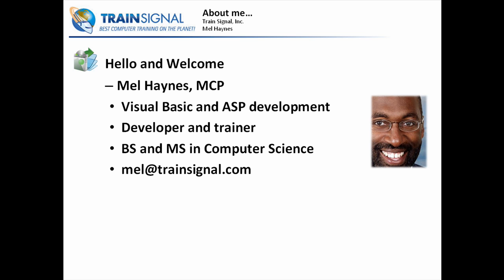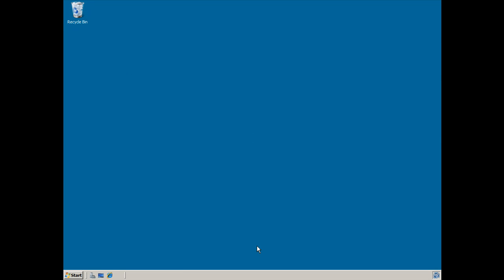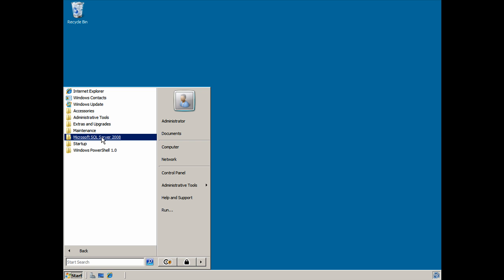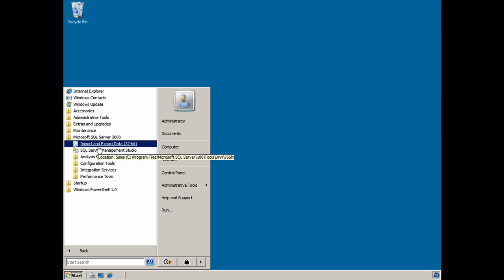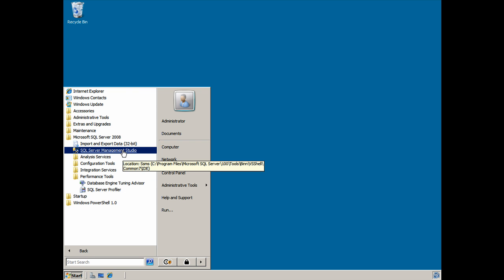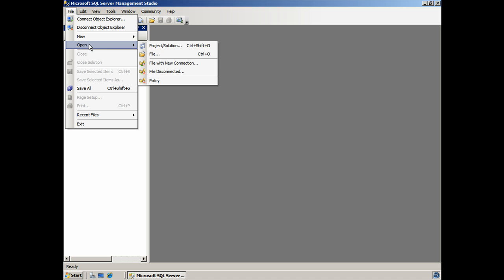But enough about me. Let's jump over and look at the Database Engine Tuning Advisor. Going to Start, all programs, Microsoft SQL Server, Performance Tools, and under here I can find my Database Engine Tuning Advisor. I can start it directly, but for the first time, let's go through SQL Server Management Studio. After I log in, as we've done a few times before,